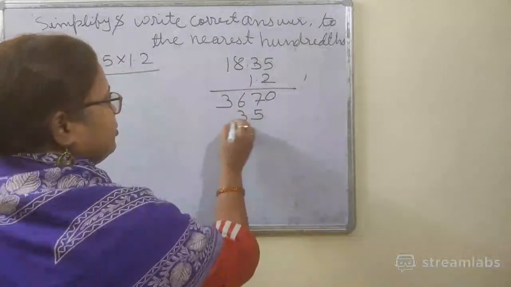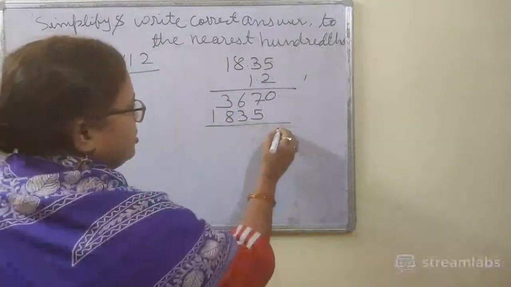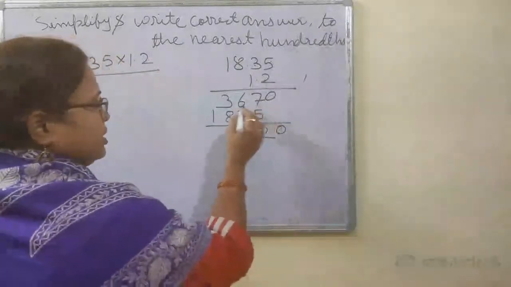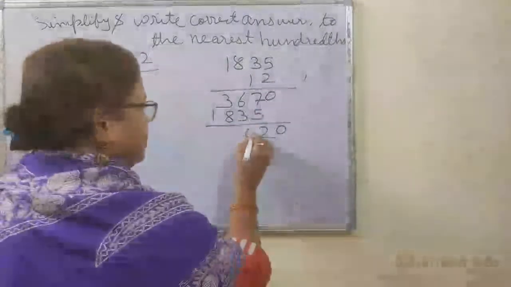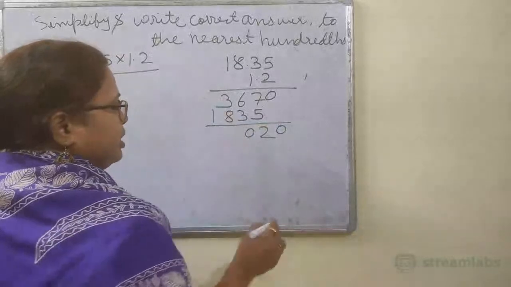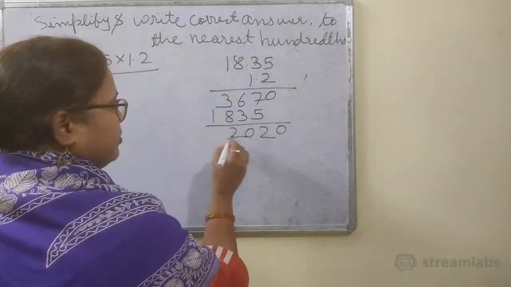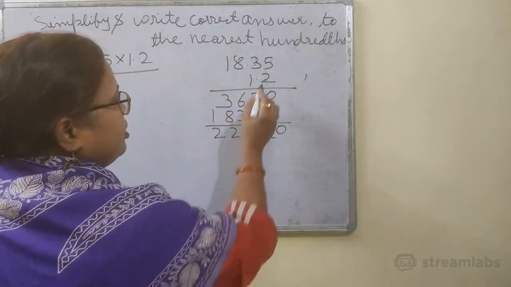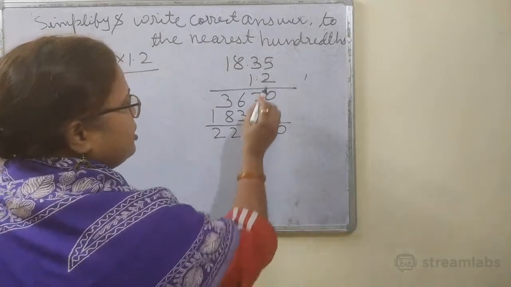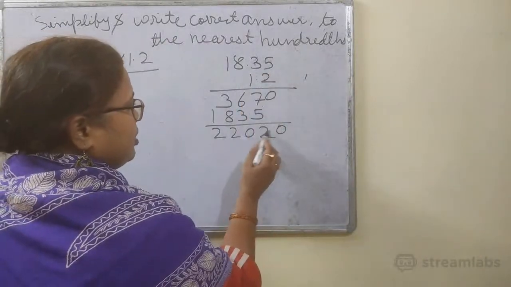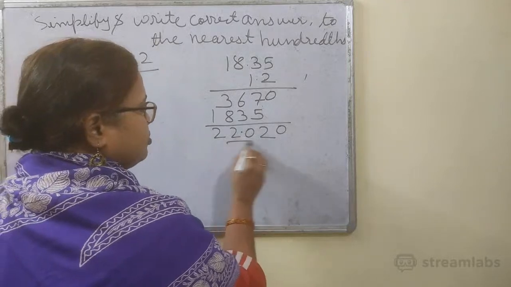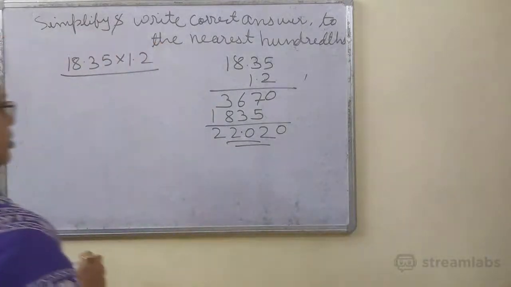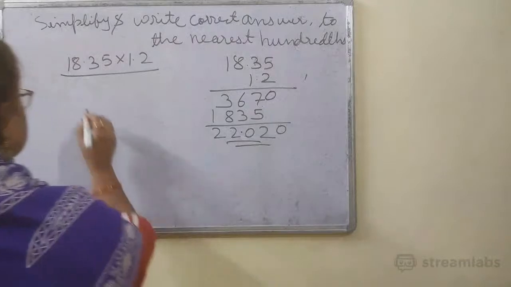Then 5, 3, 8, 1, 0, 12, then 6, 3, 9 and 1, 10, then 8 and 3, 11 and 1, 12, and 1 and 1, 2. Okay. Now how many digits do we have to put the decimal before? 1, 2, 3. 1, 2, 3. 22.020. Clear? So what will be the answer? We can write here